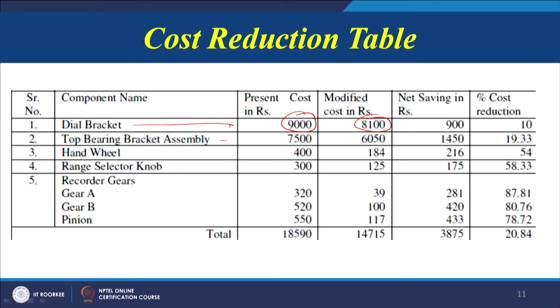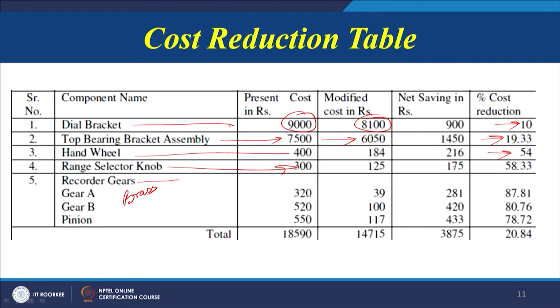Similarly, top bearing bracket assembly 7,500 to 6,000. So, this is summary. Hand wheel is again we are saving money, range selector knob also we are saving money, recorder gears we have seen that we are changing the material from brass to nylon, and again we are saving a lot of money. So, we can see that percentage cost reduction, we can see 10% here, 19% here, 54%